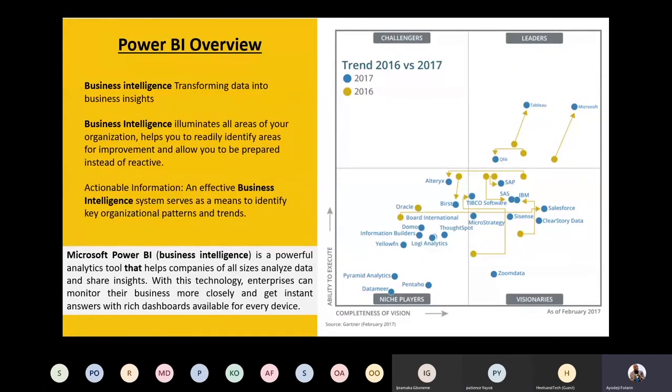With this technology, enterprises can monitor their business more closely and get instant answers to rich dashboards available for every device. Just mention the device: iPad, phone, laptop, any TV. Anyhow you want to render your visuals, you can put it on any device. Now, before I move on to the other part of the deal, let's quickly look at